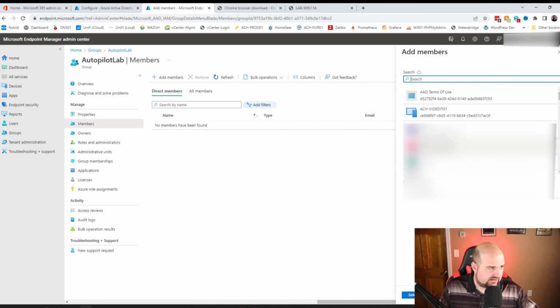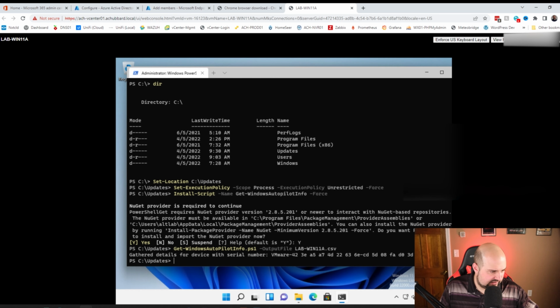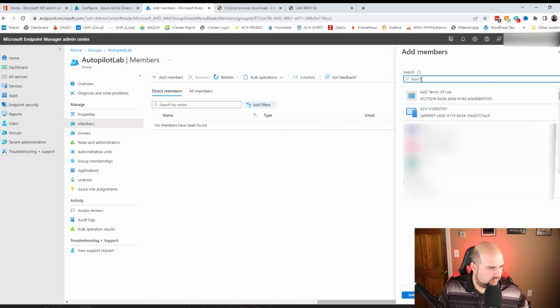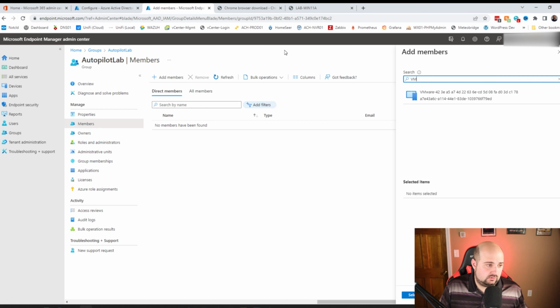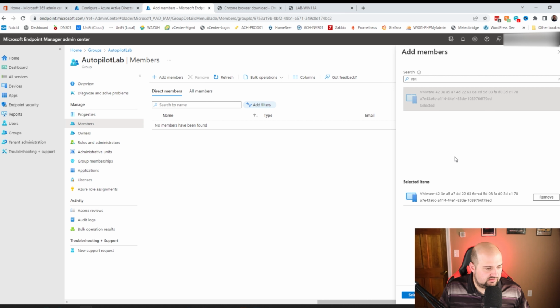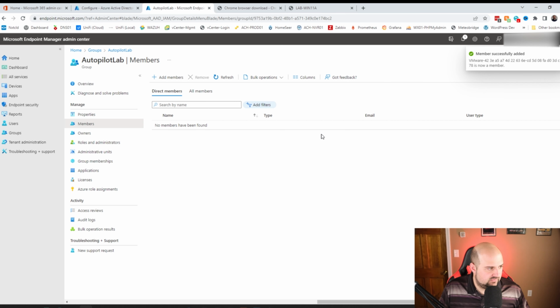And now we need to find our latest system. So we can look at the serial number here, and we can start to type in VMware. Yep. And so the last four of it are C178, which is the serial number here. So that's kind of how I match it up. You can do it however you like. We'll click the system, we'll click Select, and now if you hit refresh,